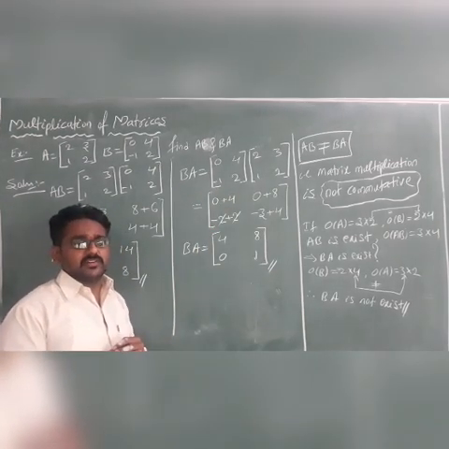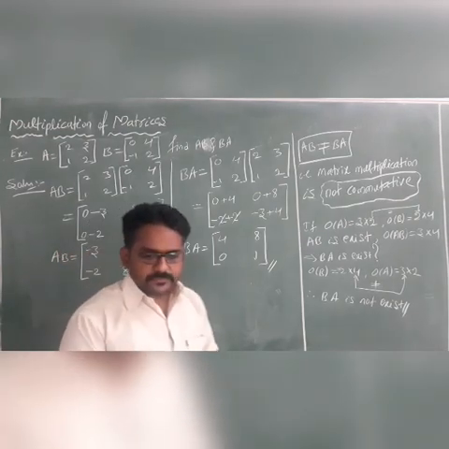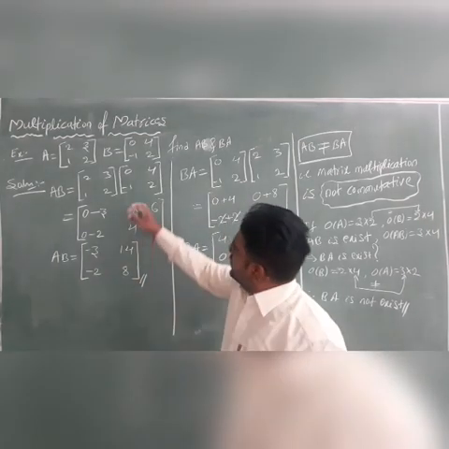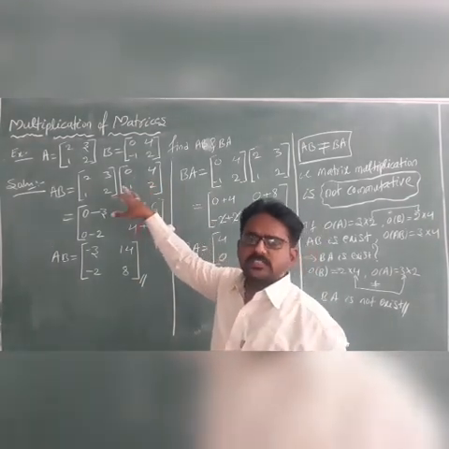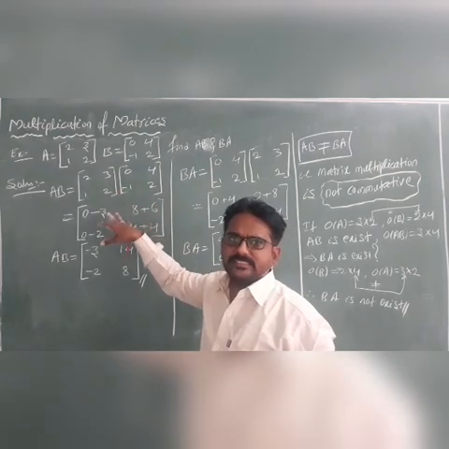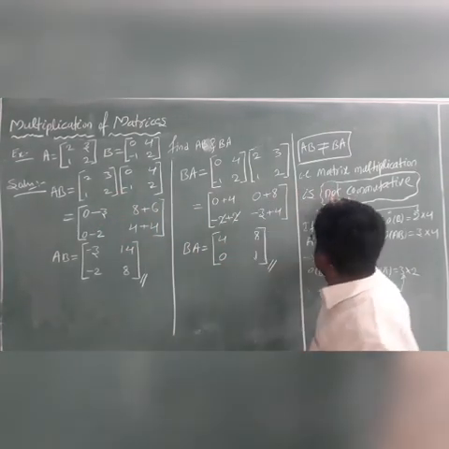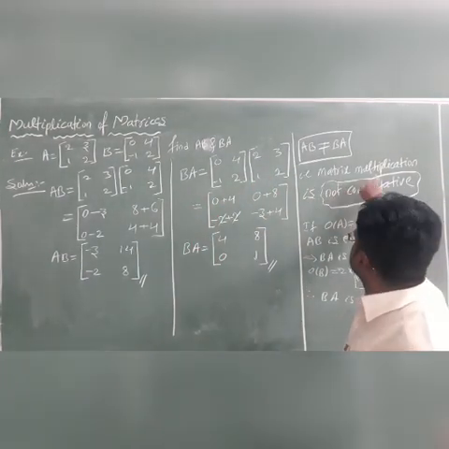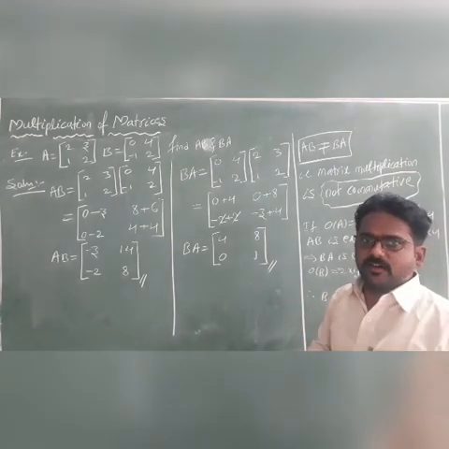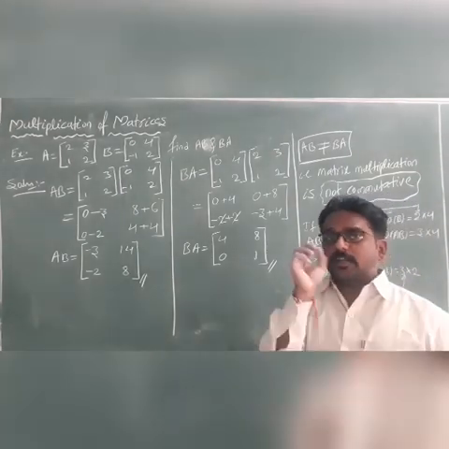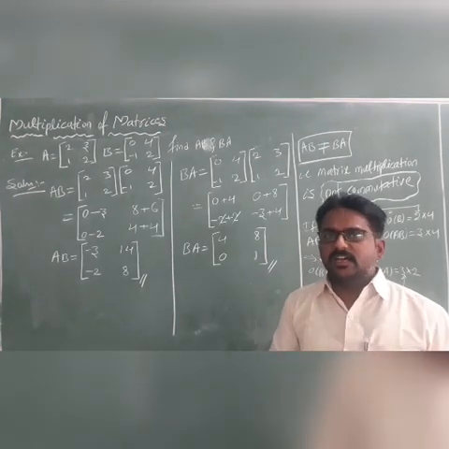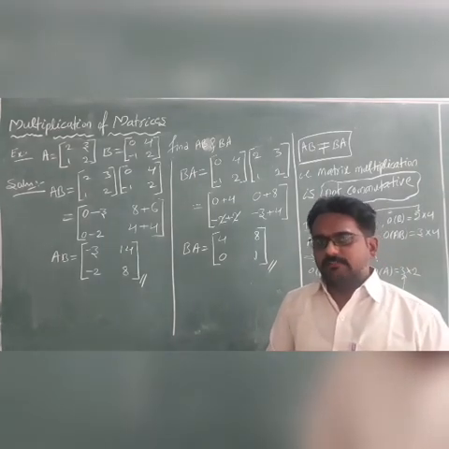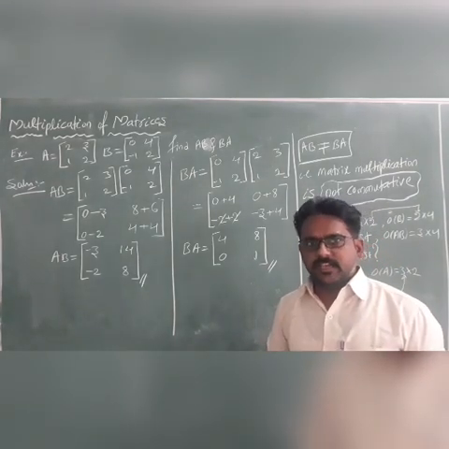We will see whether the product or multiplication of two matrices follows the commutative property or not. For the general example, I concluded that matrix multiplication is not commutative. So for particular matrices, we will get the commutative property in matrix multiplication. I will see you in the next session, students. Thank you for watching.